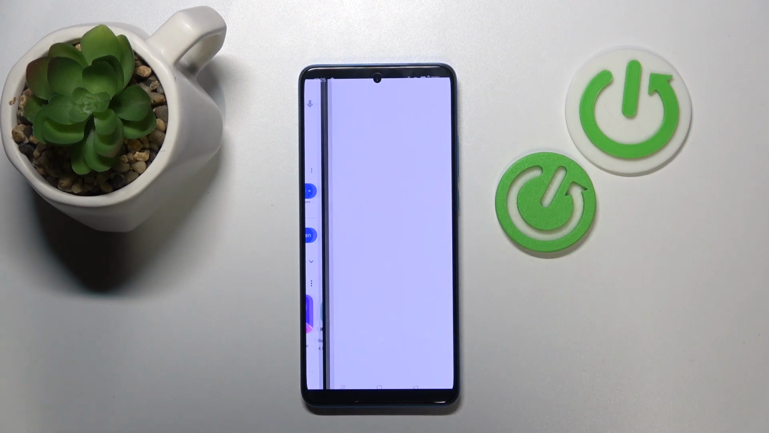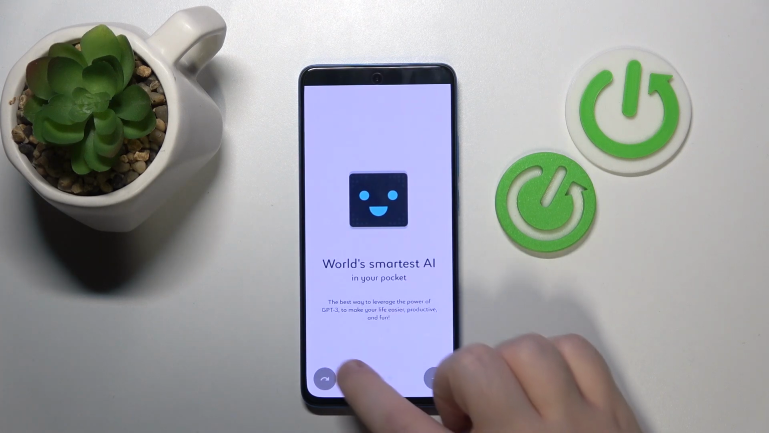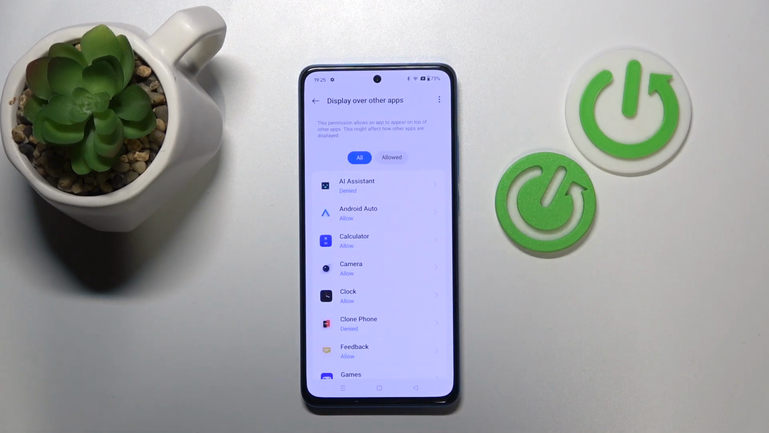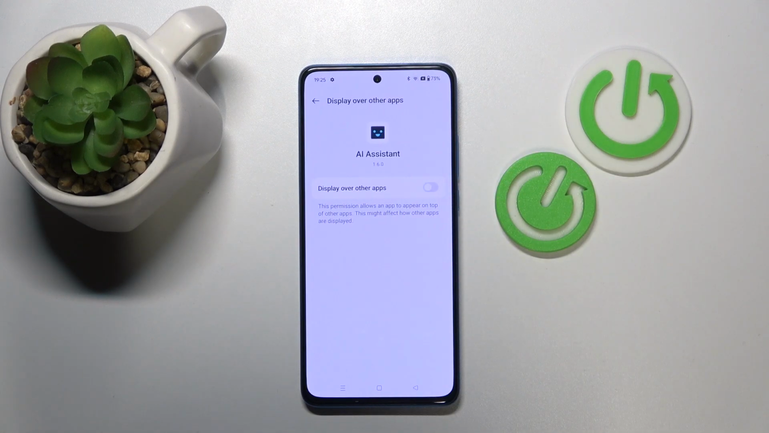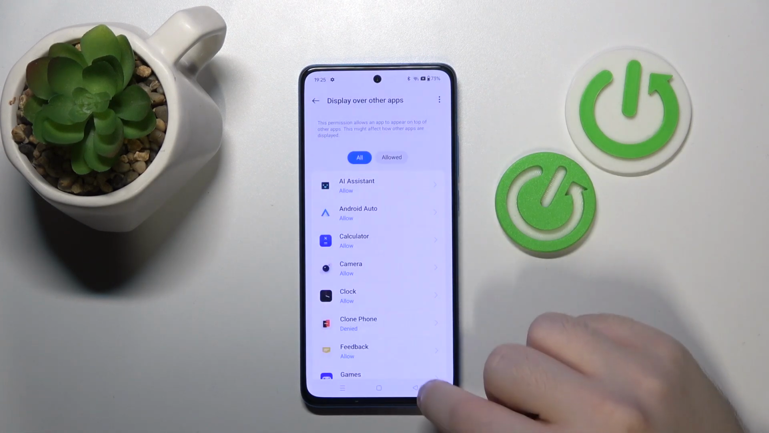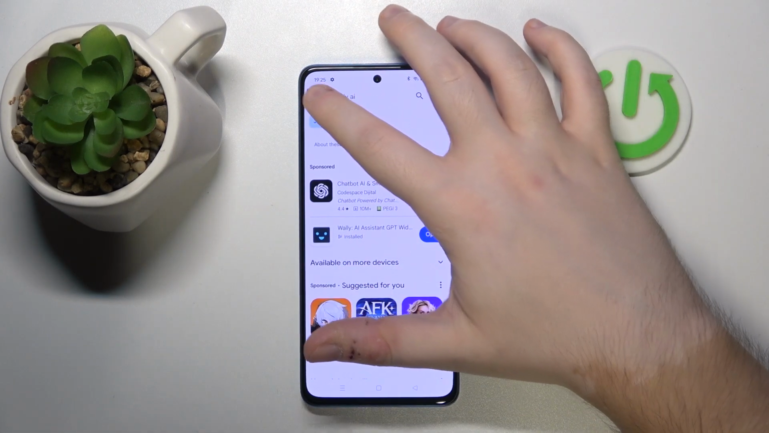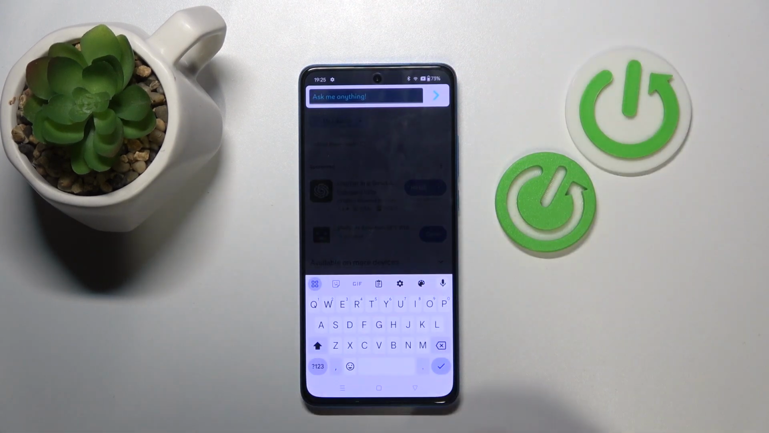And click open. Now you can click this button to skip introduction, then click not now and click open permissions. Now click on AI assistant and click here to allow this app to display over other apps. Then you can click back and click back again. Now you can click start, and as you can see, here is my ChatGPT widget, and you can open him